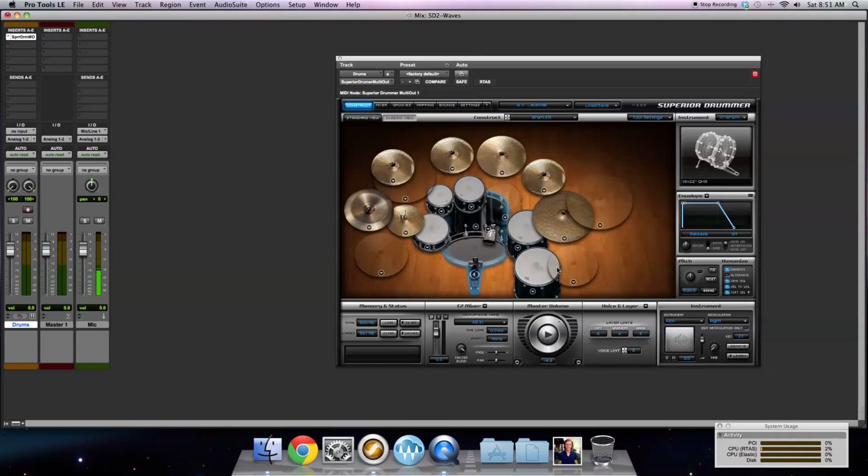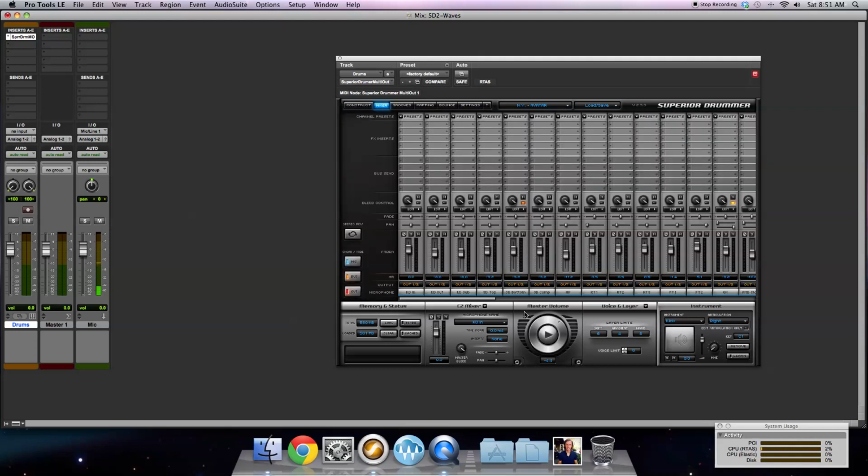But before I get to that, I want to show you a few things that I like to do inside of Superior Drummer to kind of prepare for it coming out. Just some preferences that I have. So if we look at our mixer,